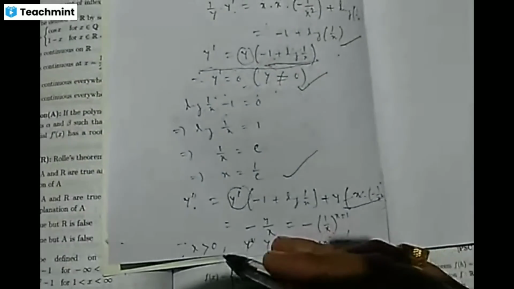So at the maxima or minima, the first derivative must be equal to 0. So I put in 0, and the rest we will get is minus y by x. So if we put the value of y, which is (1 by x) to the power x, we will get minus (1 by x) to the power x plus 1. So since x is greater than 0, this value would be positive, but there is a negative, so this must be negative. So the second derivative is negative, which means at this point there is a maximum value.